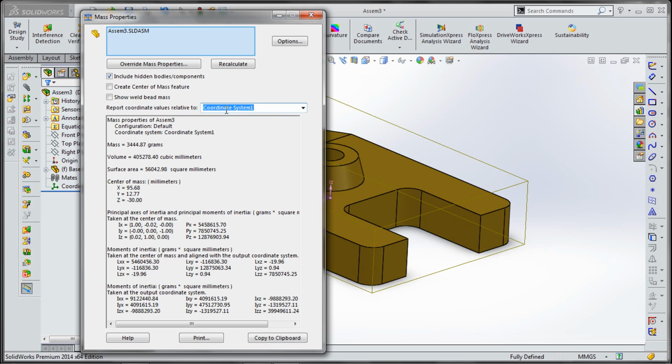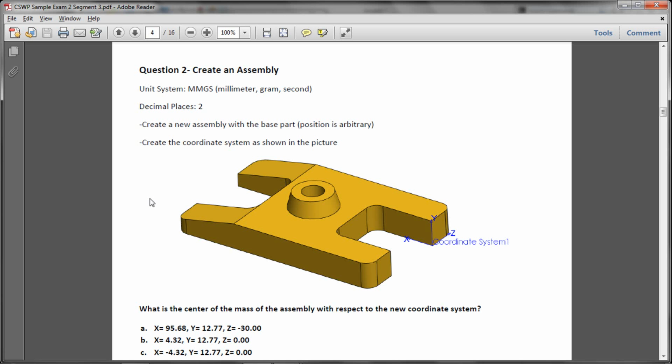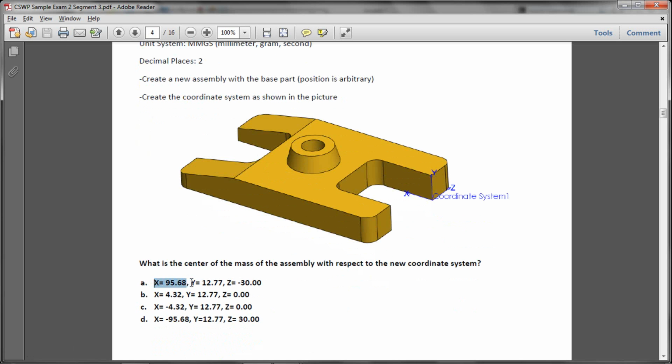We have to change this to Coordinate System 1. And now the values are relative to this coordinate system, and see we have different values here than before. So this is the answer to the question, and you can check that here. So the answer is A.